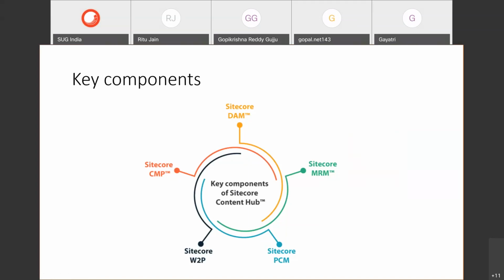It's kind of a Jira tool as well, that kind of tool where the marketing team can manage their projects. And PCM is product content management. Product content management is a single source of truth for all our product content, a kind of PIM system. And WTP, I haven't explored much in this. It's web to print. We kind of create materials and layouts on demand, but I haven't explored these pieces much.